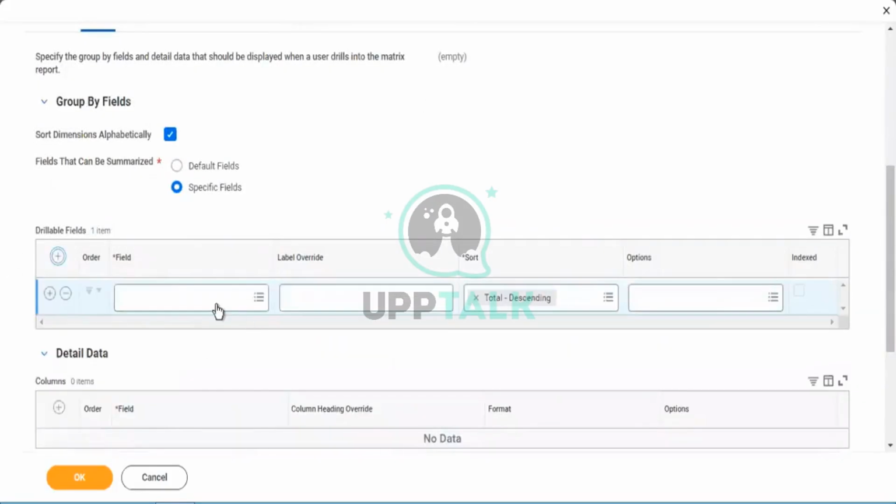In that report, if you wanted to add any kind of available fields and generate whatever fields that you wanted,